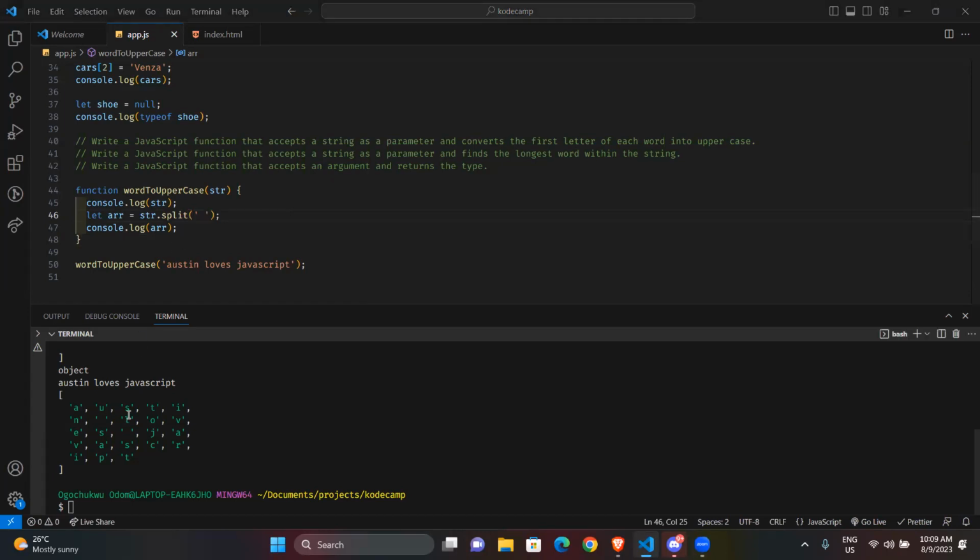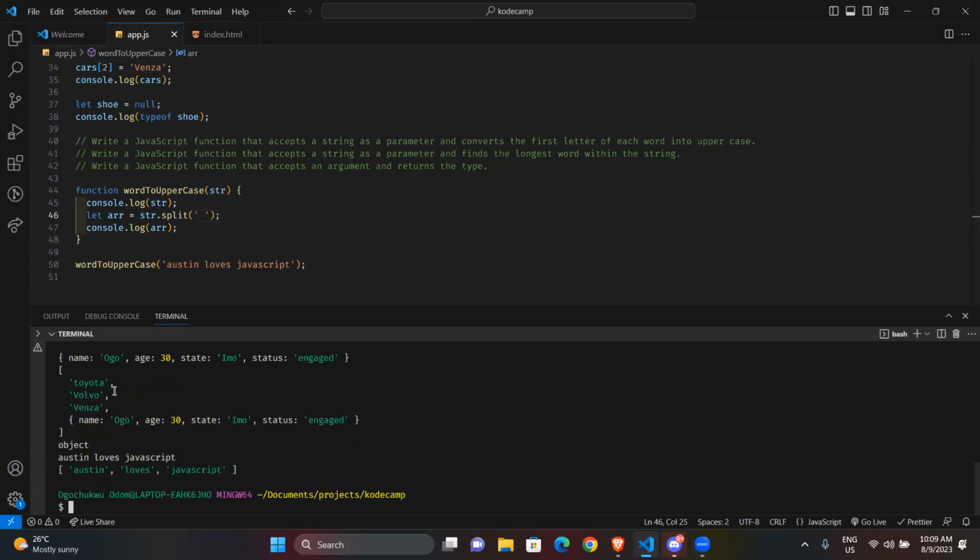So if I do that, I'm going to run this code again so that we see. You see, I have Austin loves JavaScript. So it finds out where we have spaces. You want to split at the point where there are spaces in between them. So split them into words that have spaces in between them. So when we've gotten that now,